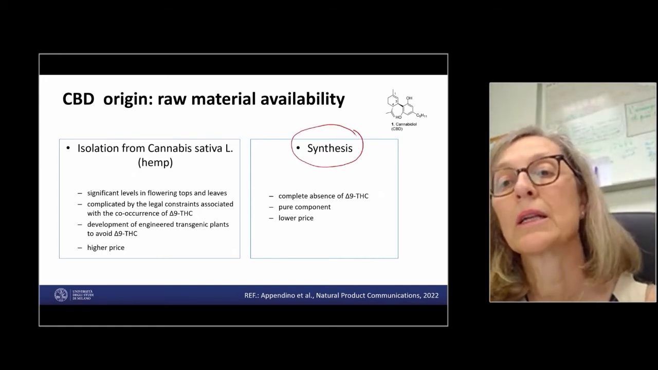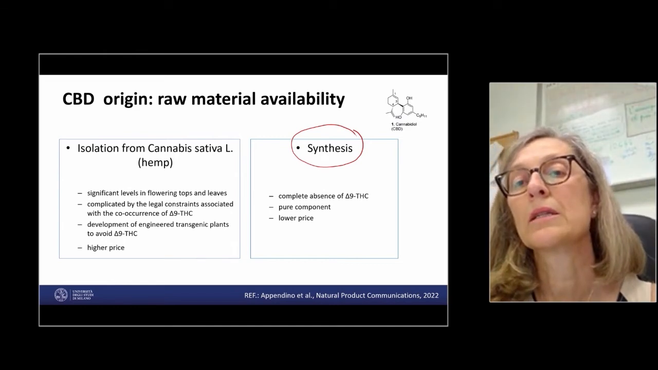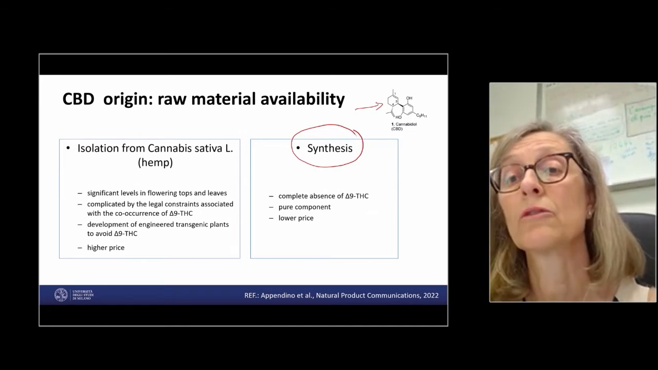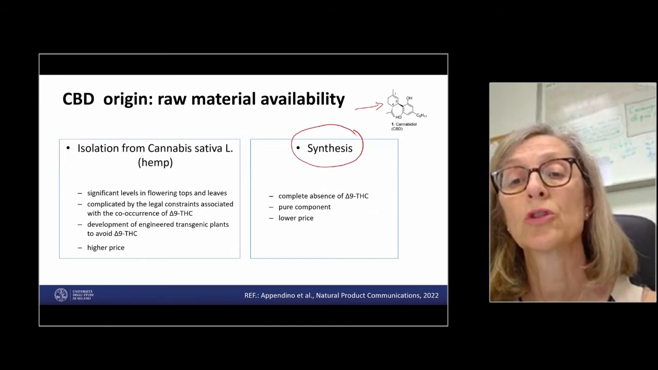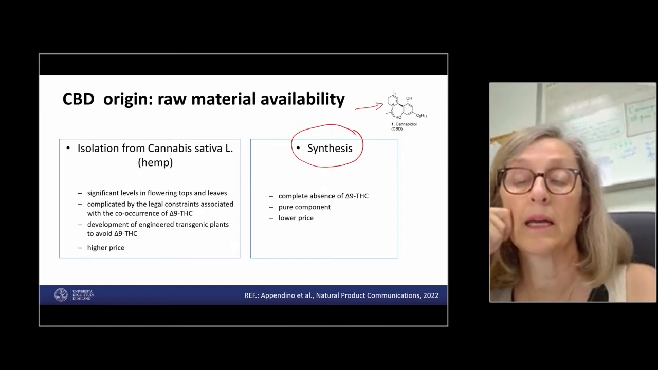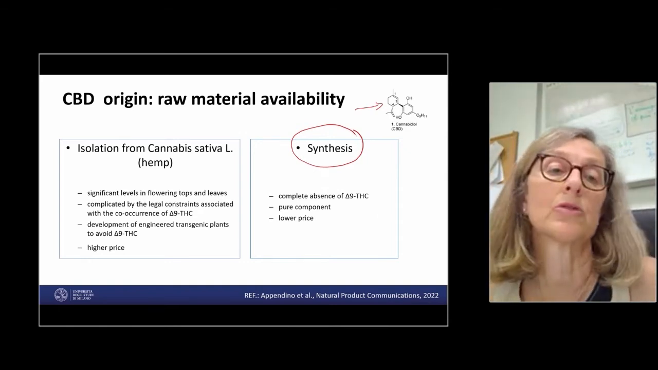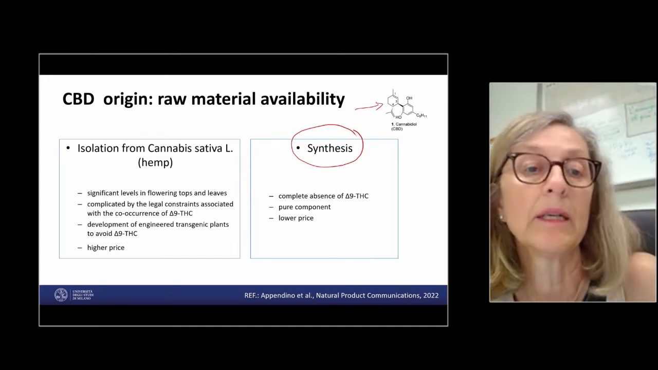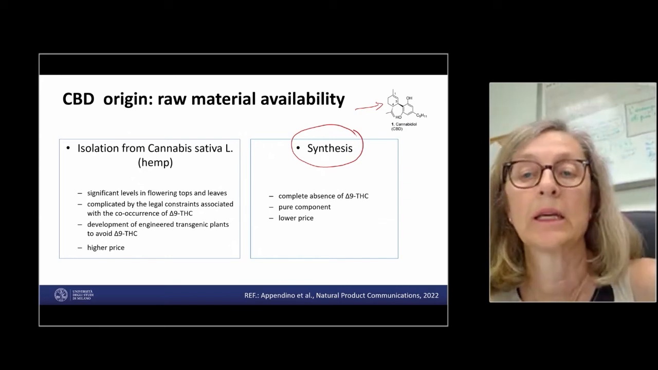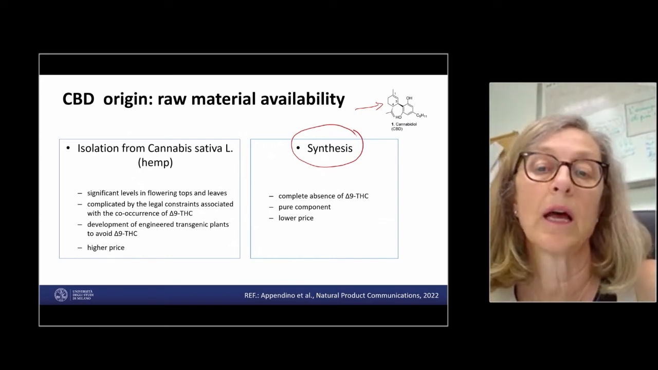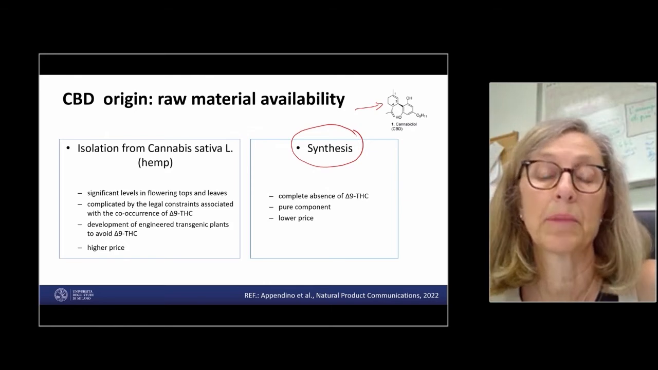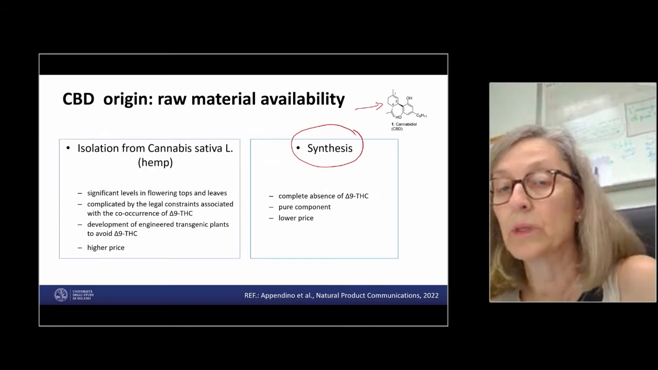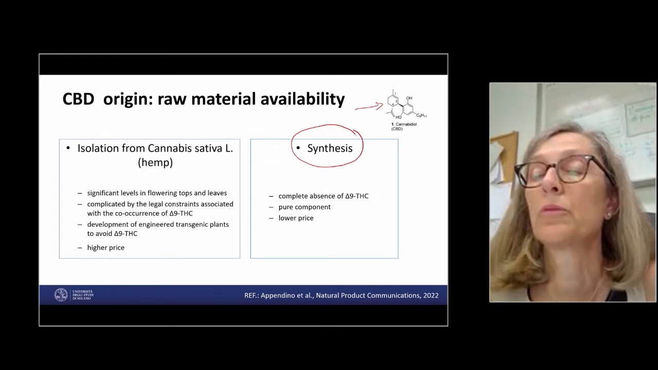That is because cannabidiol, as you can see here, is a small molecule, it's not very big, so it's not so difficult to make the synthesis of this product, and it is also not so expensive. At the moment, we can find on the market two types of CBD: CBD isolated from Cannabis sativa and CBD from synthesis. Of course, there are some differences. In the case of synthesis, the price is normally low, and the component is pure. We can have a very, very high level of purity,